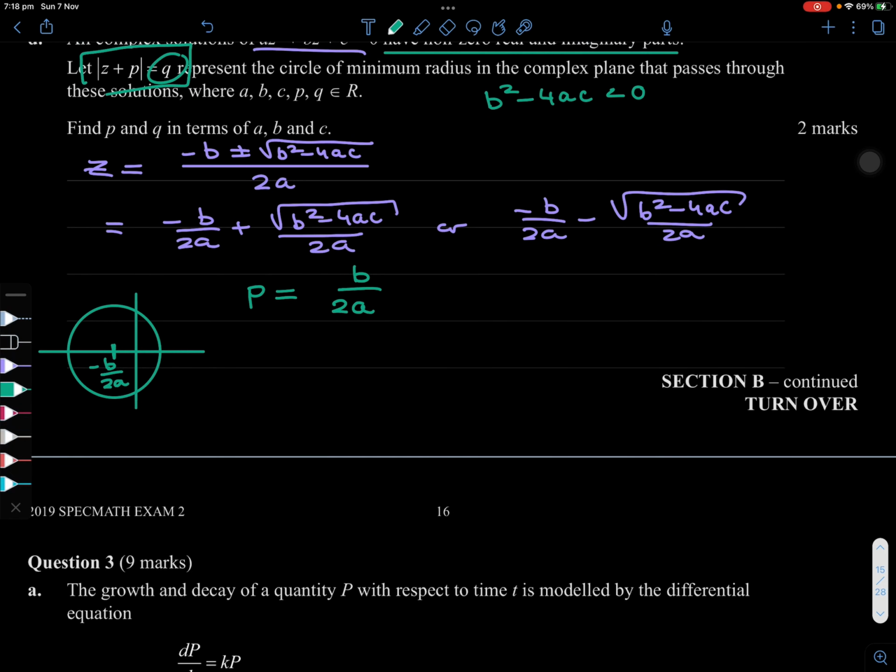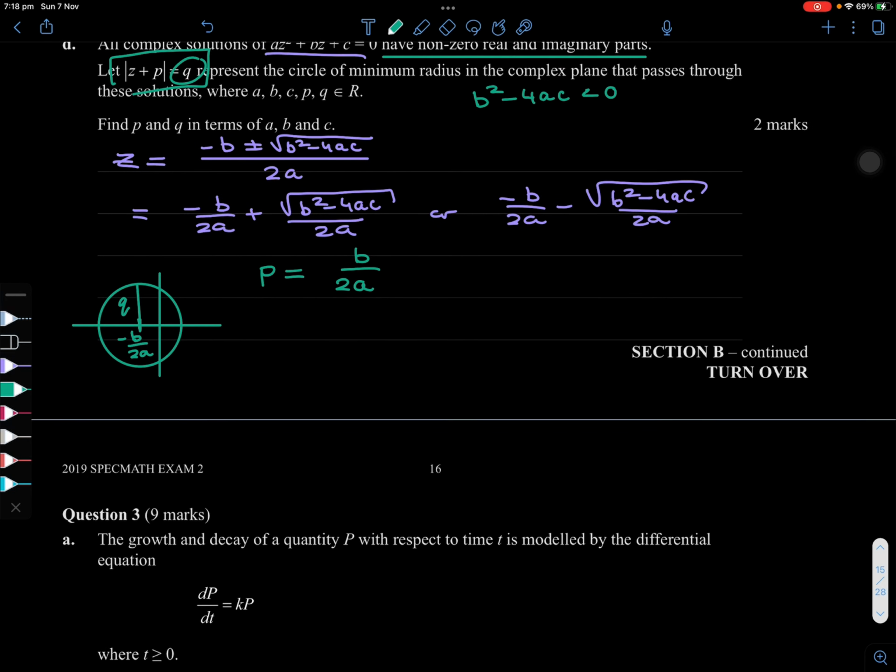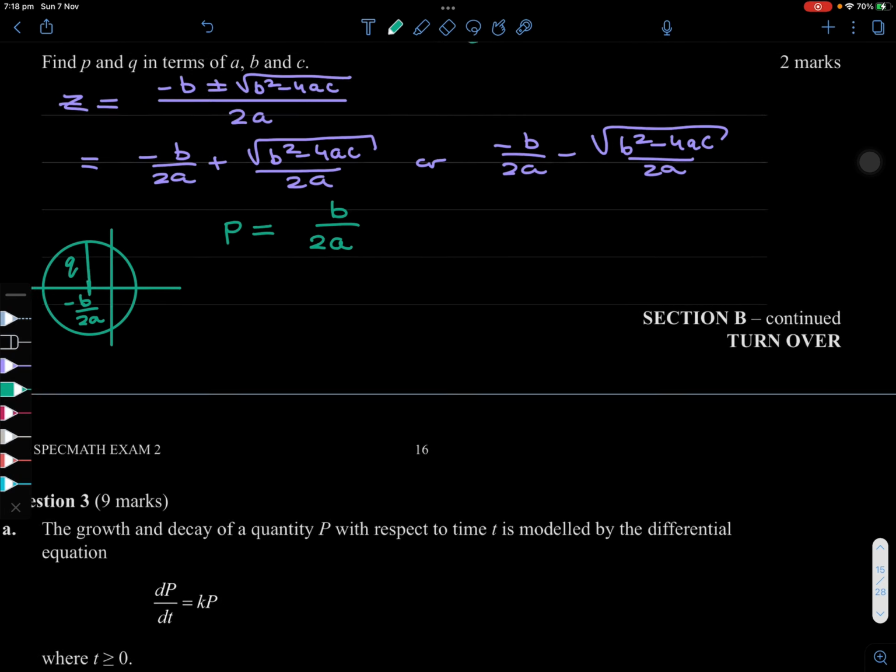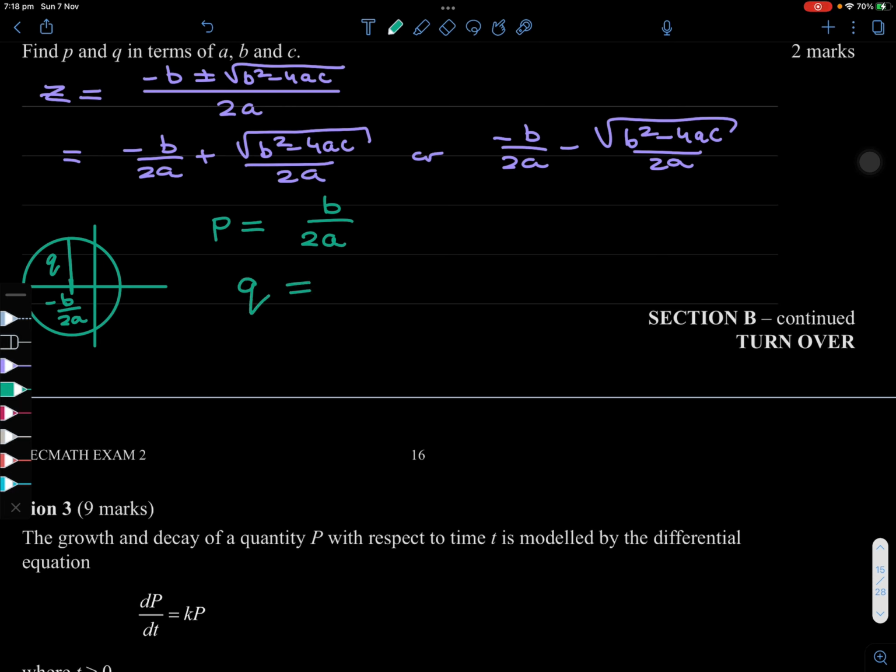Now, this is equal to our radius. Our radius in this case is q, okay? So this means that q is actually the absolute value of what we're adding to -b on 2a, right? As we said before, if you add the radius, you're going to get on that circle, right? So that means q is equal to the absolute value or the magnitude of what we're adding. So it needs to be